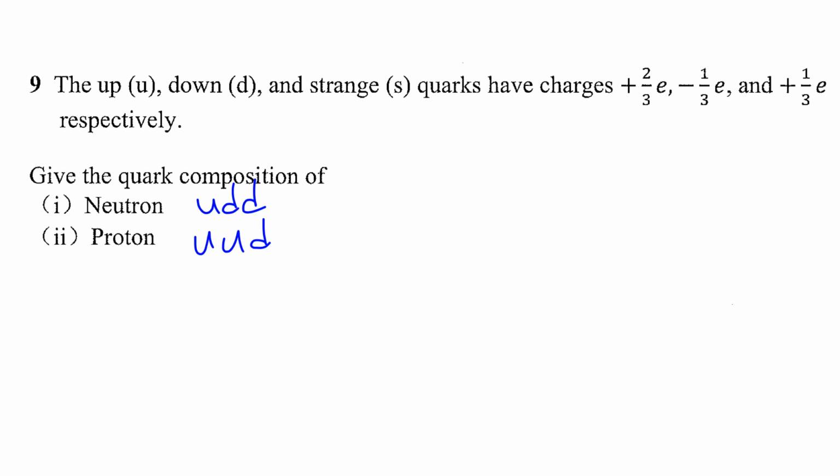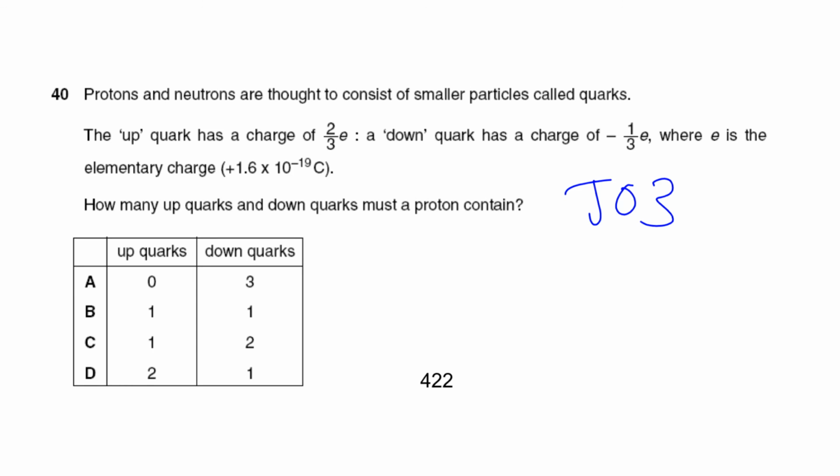So just because the charges are like you can add up here and there, it doesn't mean it exists. So neutron must be up, down, down, and proton must be up, up, down. And you add up, then you notice the charge of neutron is neutral, 0, and proton will be positive e. For this question from the past year, how many up quarks and down quarks must a proton contain? So very easy. So two up quarks will give you 4/3e plus one down quark, which is minus 1/3e, will give you e, which is the charge of an electron, but it's positive. So you have to add this 2 with this 1. So answer is 3.